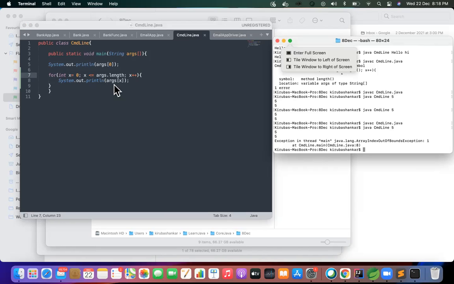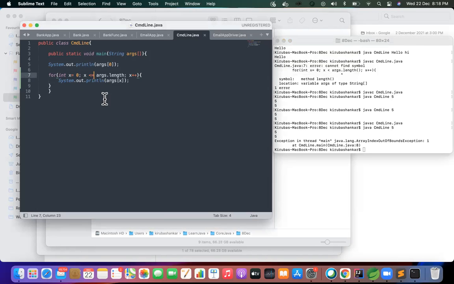Yeah, so length is 1, index is 0 only. So args of 1 we are not passing. So this will return 1. The first time during execution, args of 0 is stored, and you'll have your x as 0 and the condition x less than or equal to 1 is true. The x plus plus happens only after the execution. So when you print args of 0, I should have the value of 5, right?